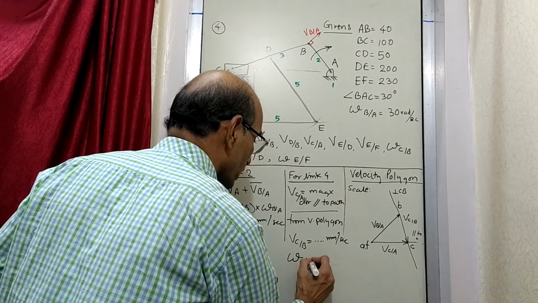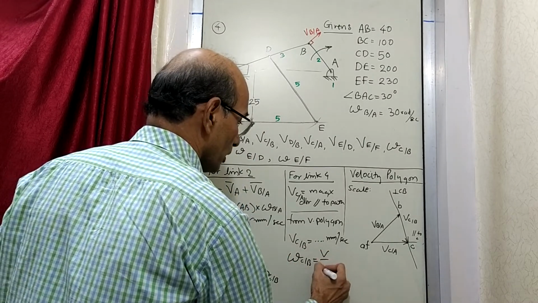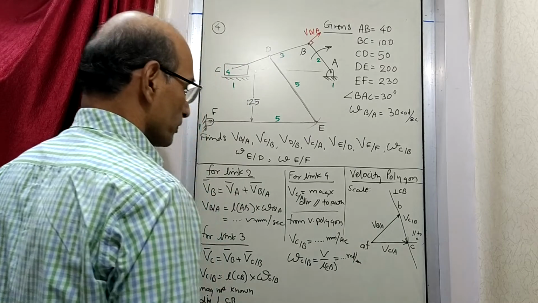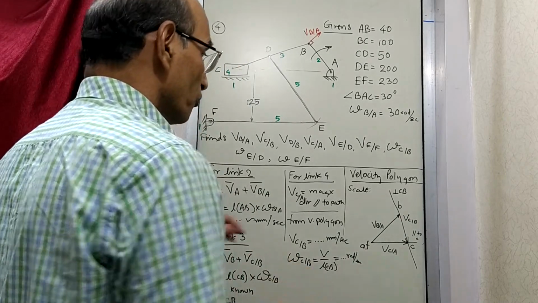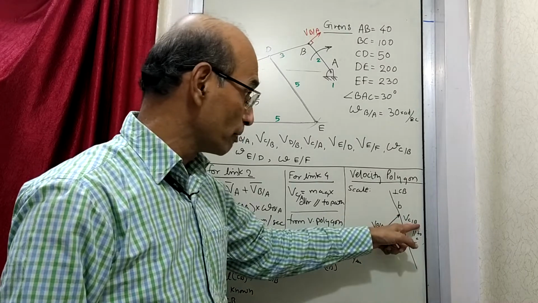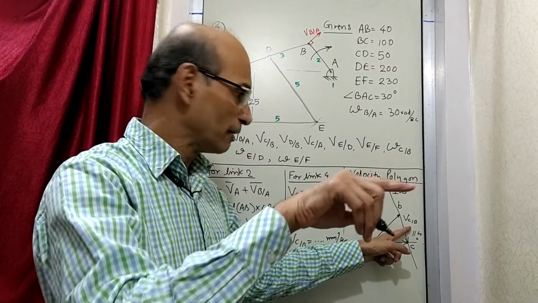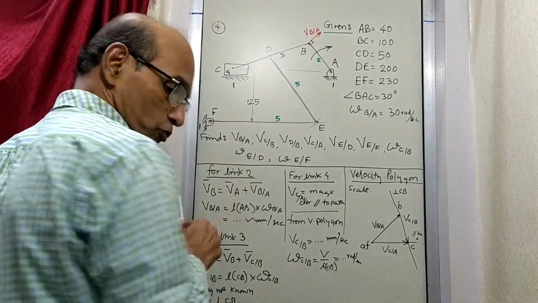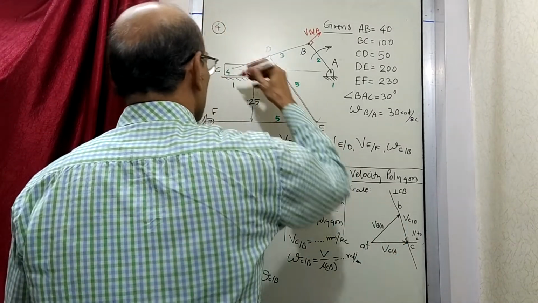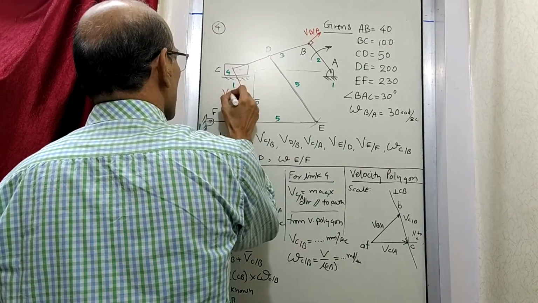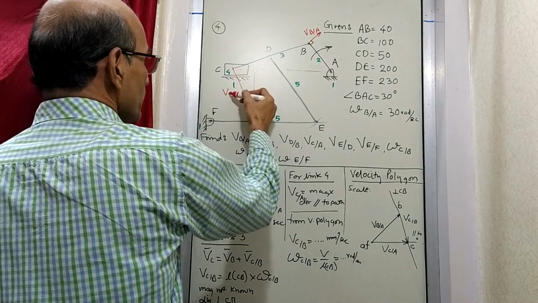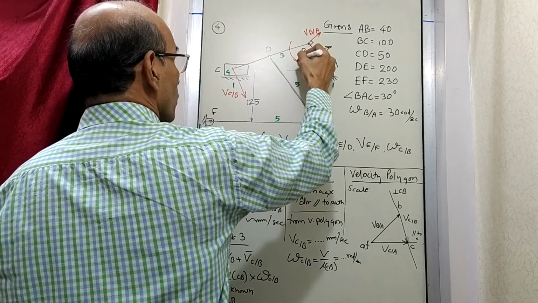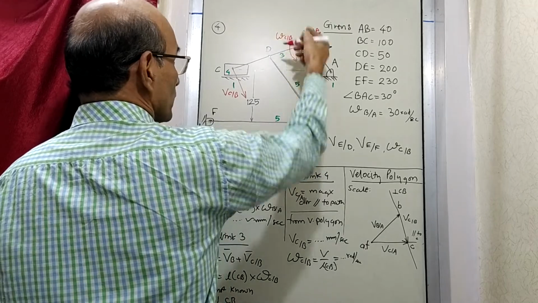So you can write that omega of C related to B is going to be V upon length. So this you will get in radians per second. And what will be the direction of this angular velocity? For that you have to put this vector, velocity of C with respect to B. With respect to means the observer is at B and the observer is looking at C. So this vector you put at C, so it will be like this. So I am putting this vector here. This is velocity of C with respect to B. So look at point C from point B. When we are standing here, this point C appears to move like this. That means the omega is this way. So the direction is anti-clockwise.